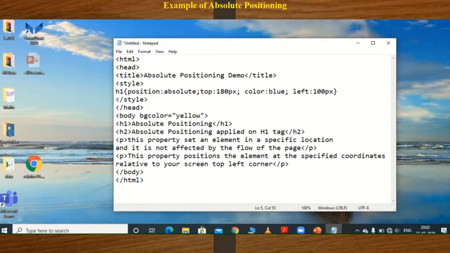So I apply this absolute positioning on the h1 tag only.